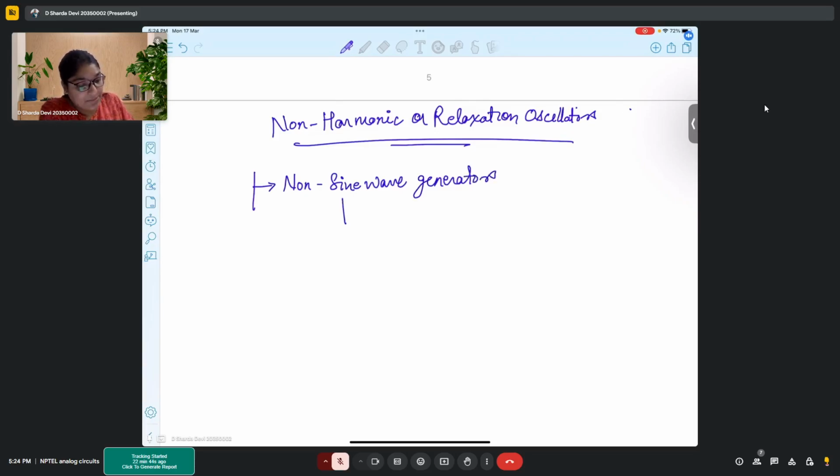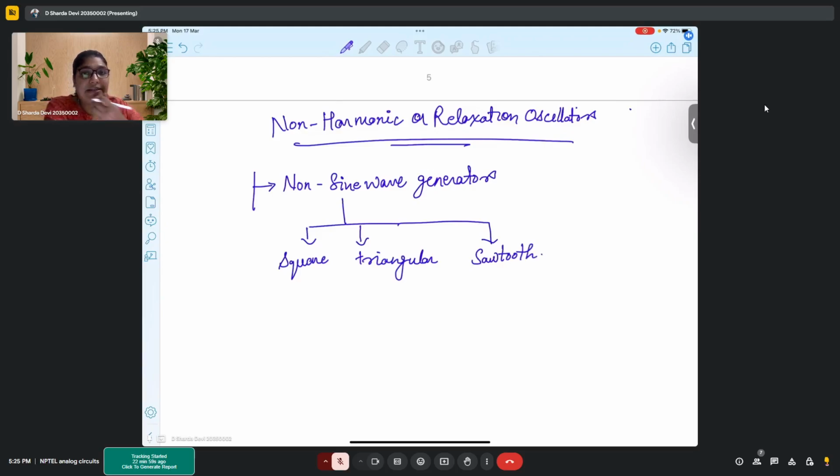Non-sine wave generators, by that I mean they can give us a square wave, a triangular wave, or a sawtooth wave. These kinds of waves can be generated using relaxation oscillators or non-harmonic oscillators. Now, before starting these relaxation oscillators, what we need to keep in mind is